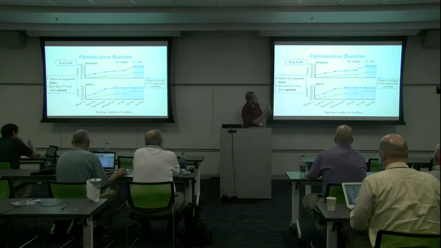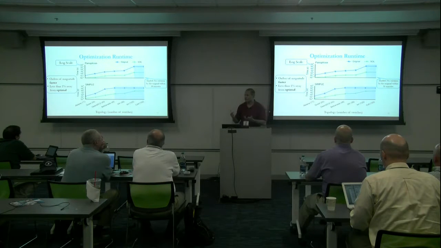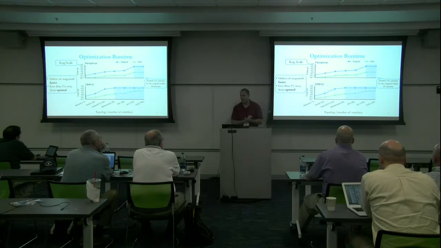One thing I want to point out to you is that the y-axes are in log scale now. So what might look like a fairly small gap is actually a really big gap in runtime. And the shaded areas of these graphs are places where the original formulations of the problem wouldn't compute for us in under 30 minutes. So after 30 minutes, we called it off because by that point, of course, the results of the optimization probably wouldn't be useful anyway.